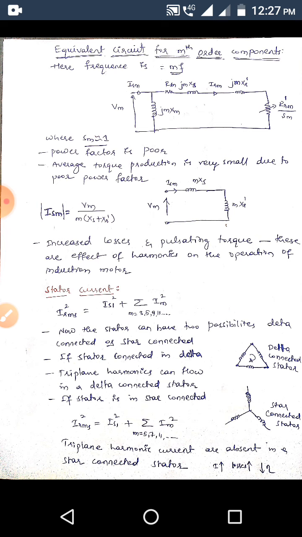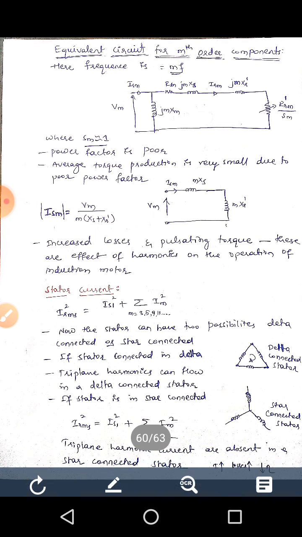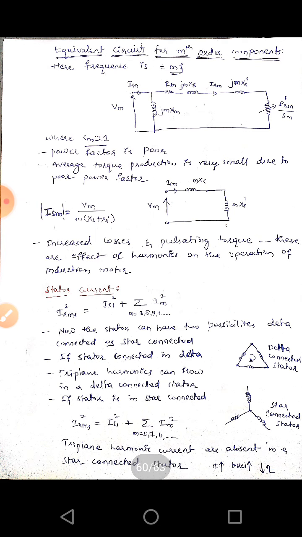So, in the previous class, we discussed the analysis of a three-phase induction motor fed from a non-sinusoidal supply. We discussed both the positive sequence as well as the negative sequence, and how the co-phasal sequences exist in three-phase induction motors, and the fifth harmonic and seventh harmonic components were also discussed. Today we'll see how the stator current exists in the three-phase induction motor.